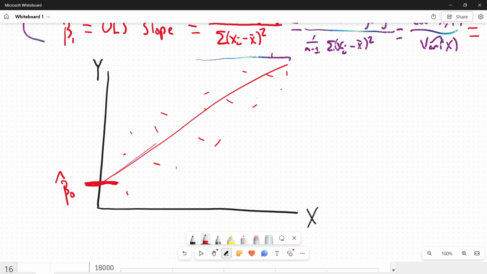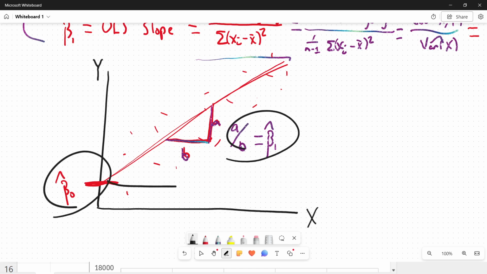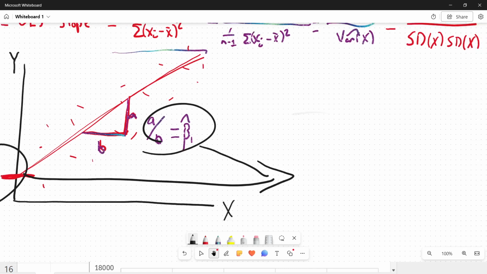And tracing along the line, I remember that the slope of a line is given by rise over run. So A, B, draw this nice right triangle focused on the line. Use a different color if you want to emphasize that it's not part of the line. This is A, this is B, and A over B, rise over run, is going to be what we call beta 1 hat. I'll use the slope and the intercept, this guy and this guy, to come over here and define a line,